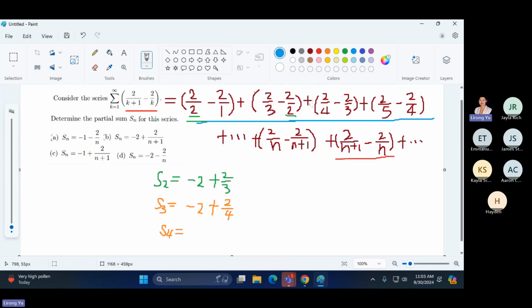So you can see the pattern is -2 plus 2/5. Which answer fits the pattern? You can see the pattern, right? Okay, so the answer should be